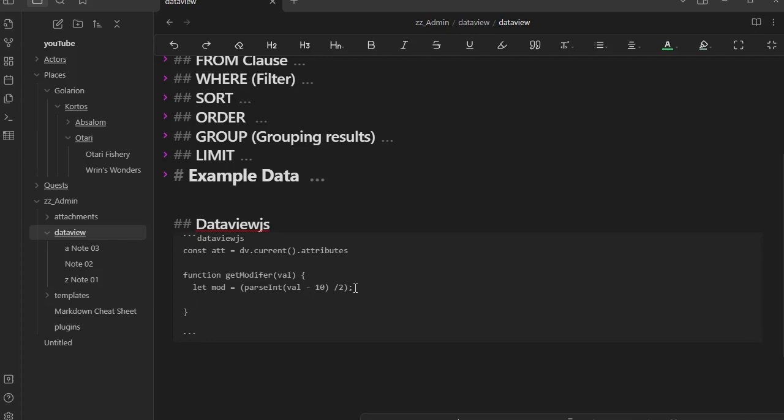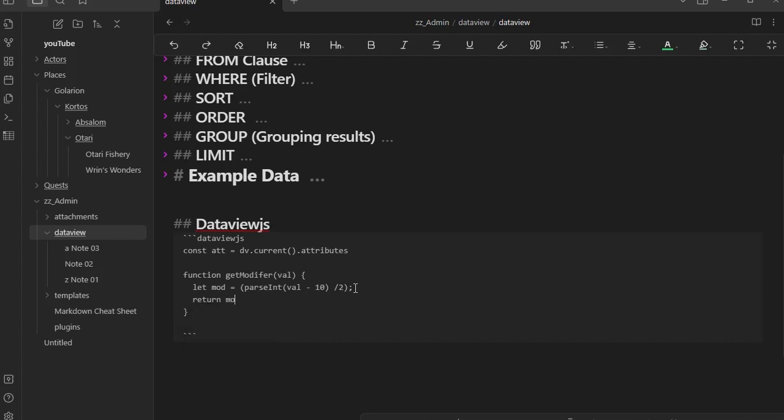A positive number does not. It's just a number. It looks a little better to have the plus in front of that. So we're going to have a little, what do they call it? The ternary operator, or an if statement in a single line. So we're going to return the value there. So return,